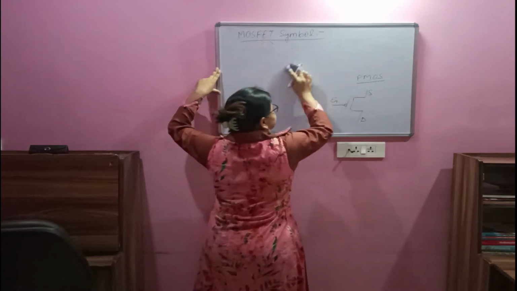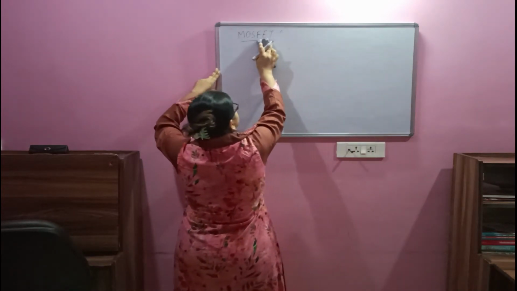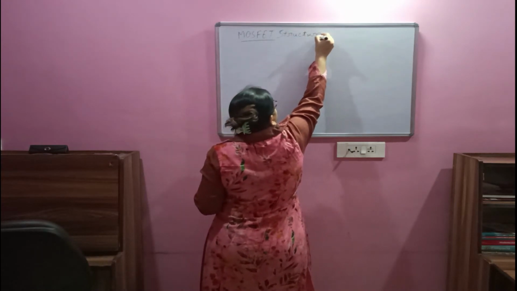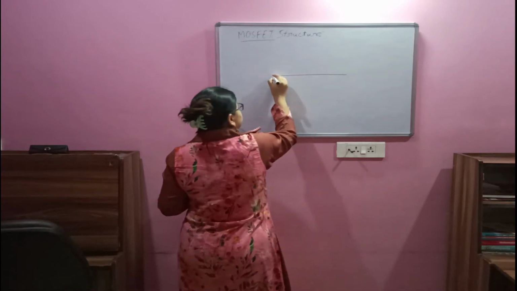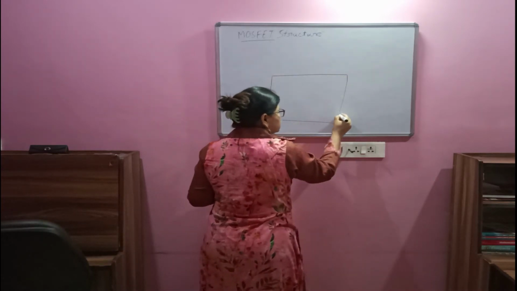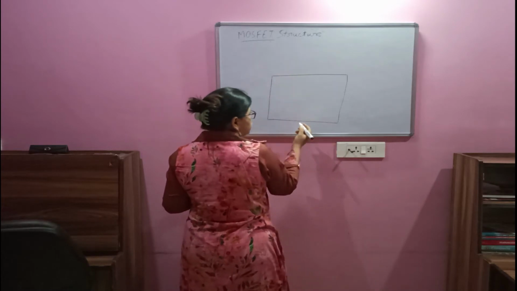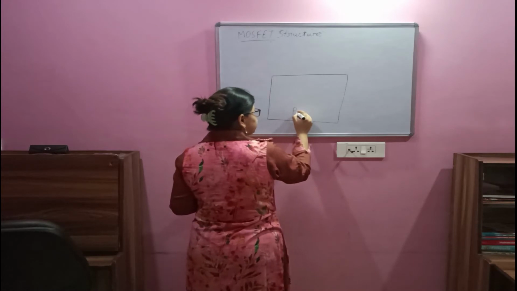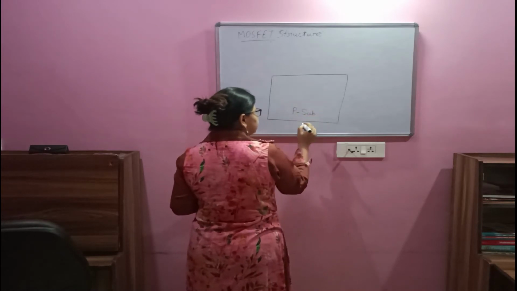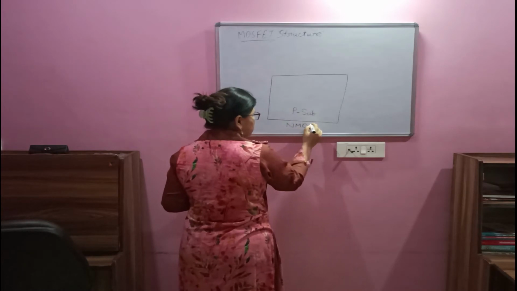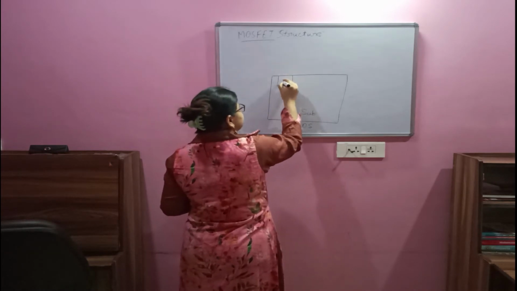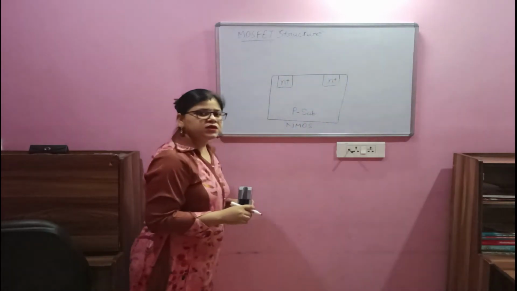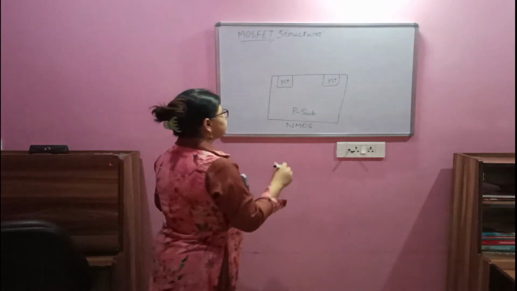Now moving towards the structure of the MOSFET. When we draw the 2D structure of a MOSFET, it looks like this. This is a substrate, which is a native wafer on which the device is formed. Suppose I take it as a P-type substrate, which means I am drawing this structure for an NMOS device. Two diffusion areas will be here, which will be N plus type.